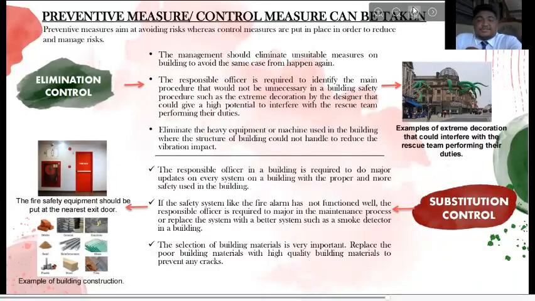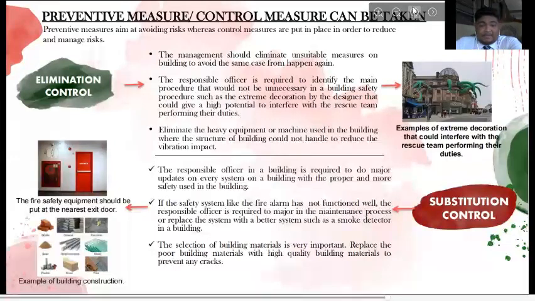The next control measure is the substitution control, where the responsible officer in the building, like the safety and health officer, is required to do a major update on every safety system in the building. If a safety system in a building, such as the fire alarm, has not functioned well, the fire alarm is required to be maintained or made better. The responsible officer needs to replace it with a better or new fire alarm to reduce the risk of accident